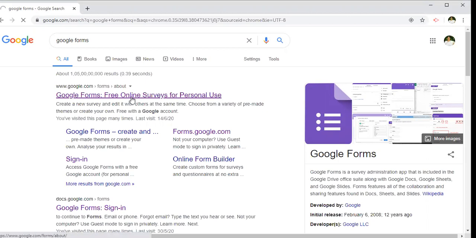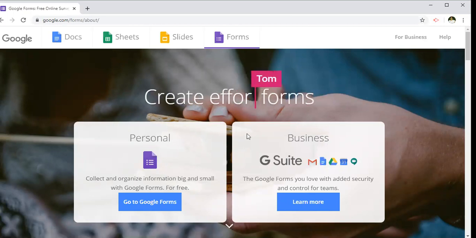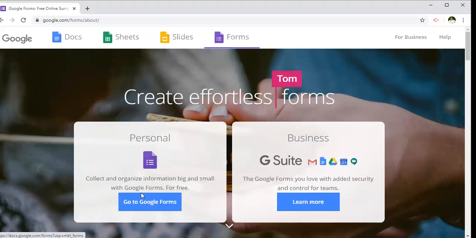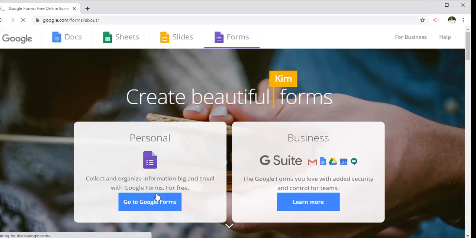When you click on this, it takes us to the page wherein it asks for personal use or for business use. We have to go for personal use because the business one is the paid form and this is freely available on Google. So go to Google Forms, click on this.